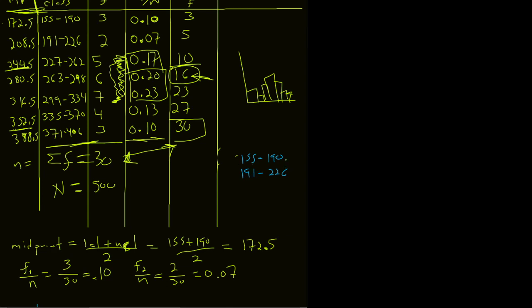So if I want to be fair, I can put half of it here, and the other half I can put here. And I do that by turning this to 190.5 also. And if I want to keep everything the same size, I make this 154.5. And so what I do is I take that gap of 1 and I add it to each class, but I do it so that they each get parts of it. What ends up happening is my classes become, this becomes 154.5, this becomes 190.5, this becomes 226.5, this becomes 262.5,